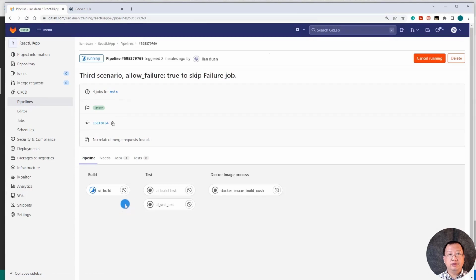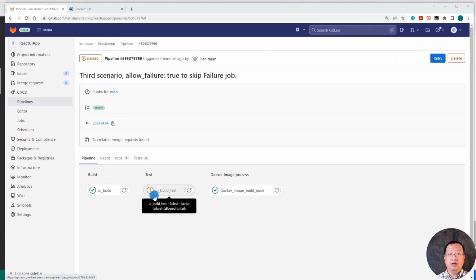The build stage is still running. It gives me more time. The build stage passed. 2 test jobs are running right now. You see, the UI build test job failed, the UI unit test job succeeded. Since we added the allow failure parameter, the pipeline is able to move to the Docker image process stage.